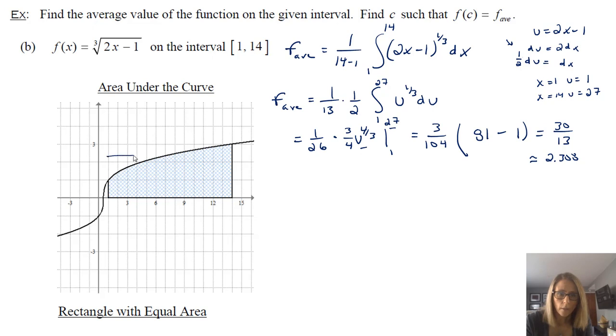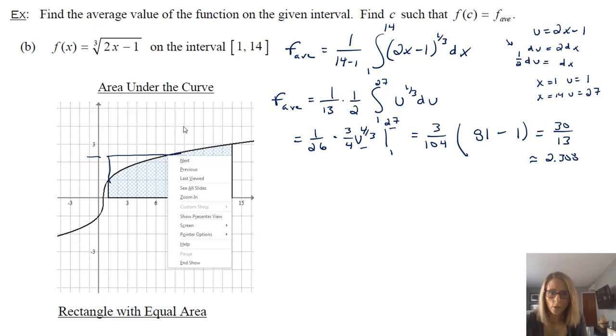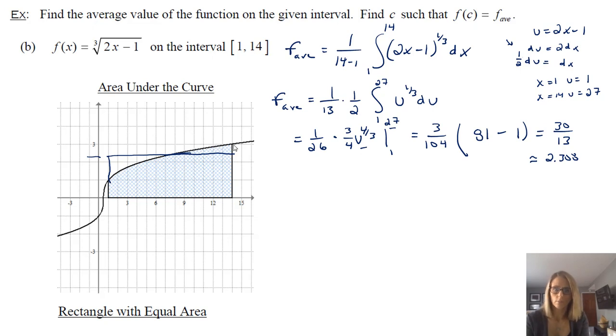So that's the idea, is that we've now found that average for which the created rectangle. So notice your page will have 2 different graphs, but I'm just doing it on the one. So we have something like that. So it's saying basically this area is approximately equal to this area here. Mine looks not quite what it should be, but that's the point. And then now we just need to find out where that happens.